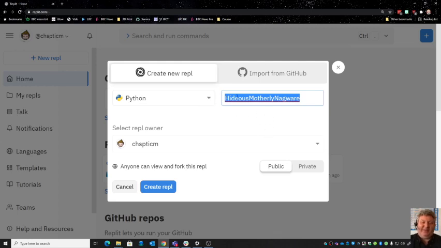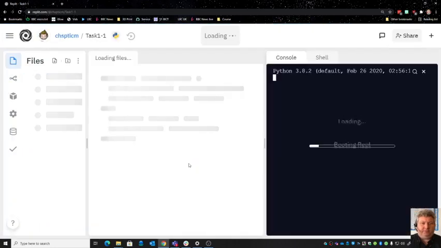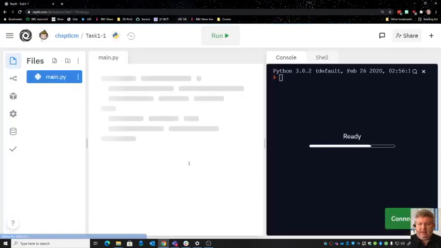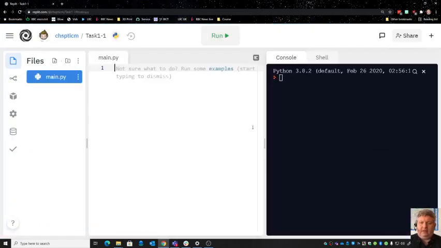So what happens is it immediately creates this unique name, hideous motherly nagware. Brilliant. Now what I would suggest is you either leave it as a unique name if you're just fiddling around, but if it's an assessment task, you might want, for example, to call it task 1, and then all you do is hit where it says create REPL. Now when you create this task, it'll take a wee minute while it sets up the Integrated Development Environment, or